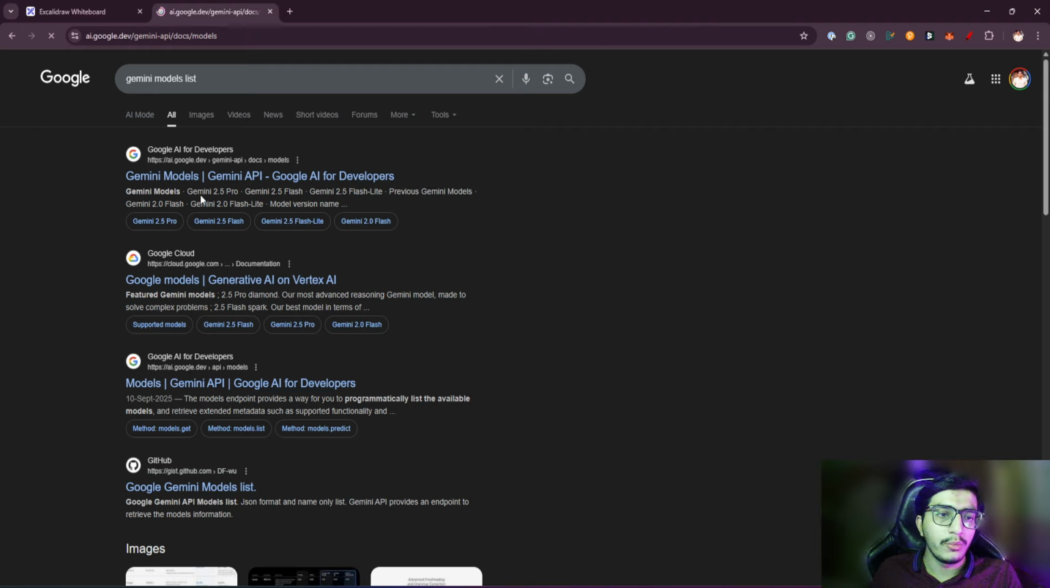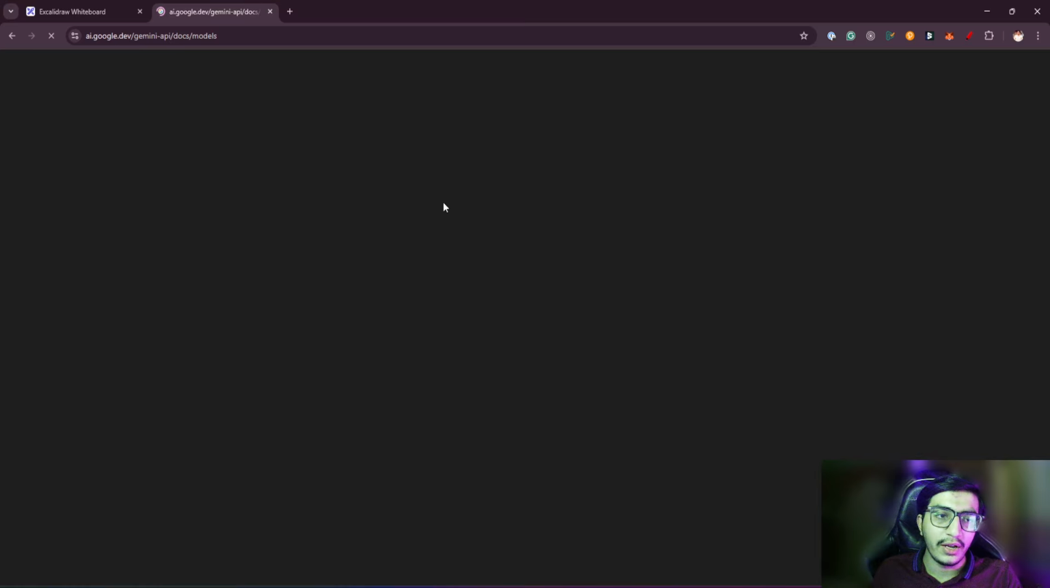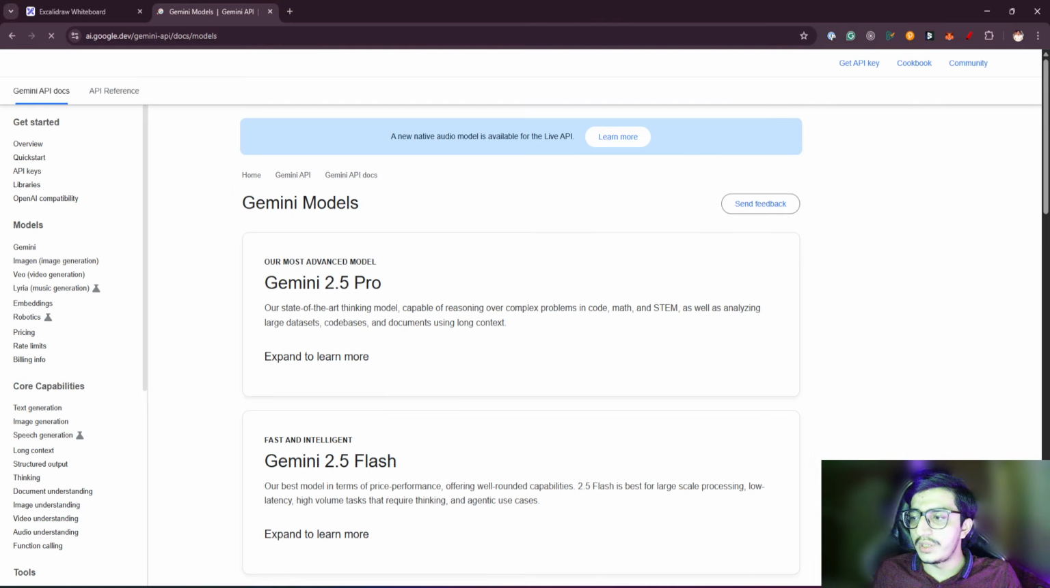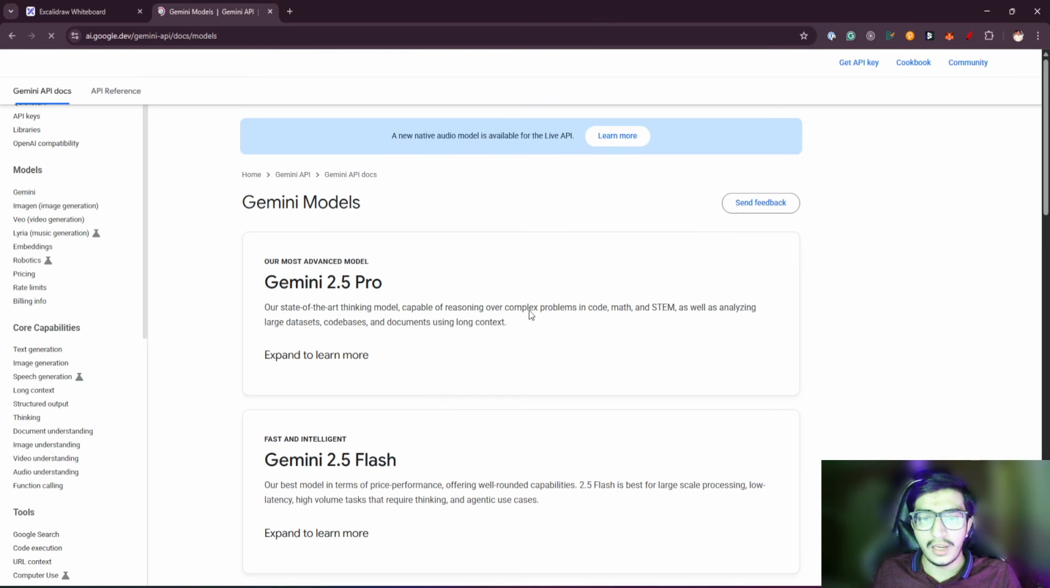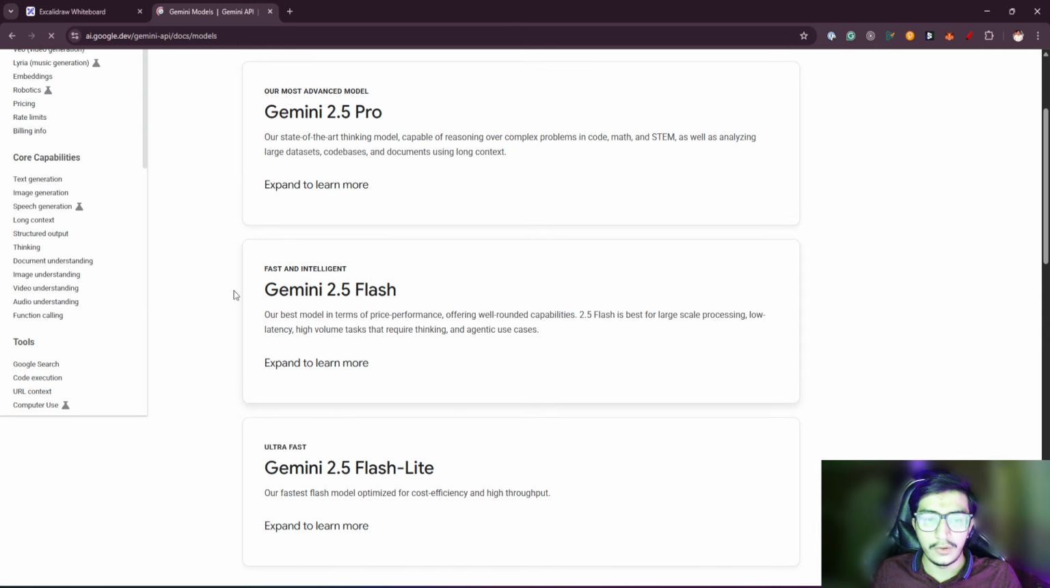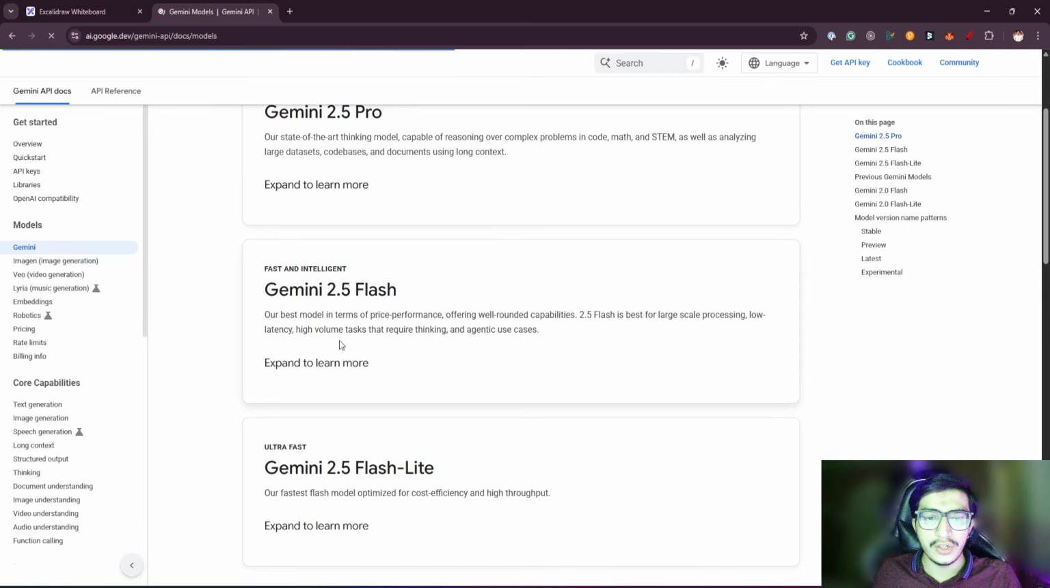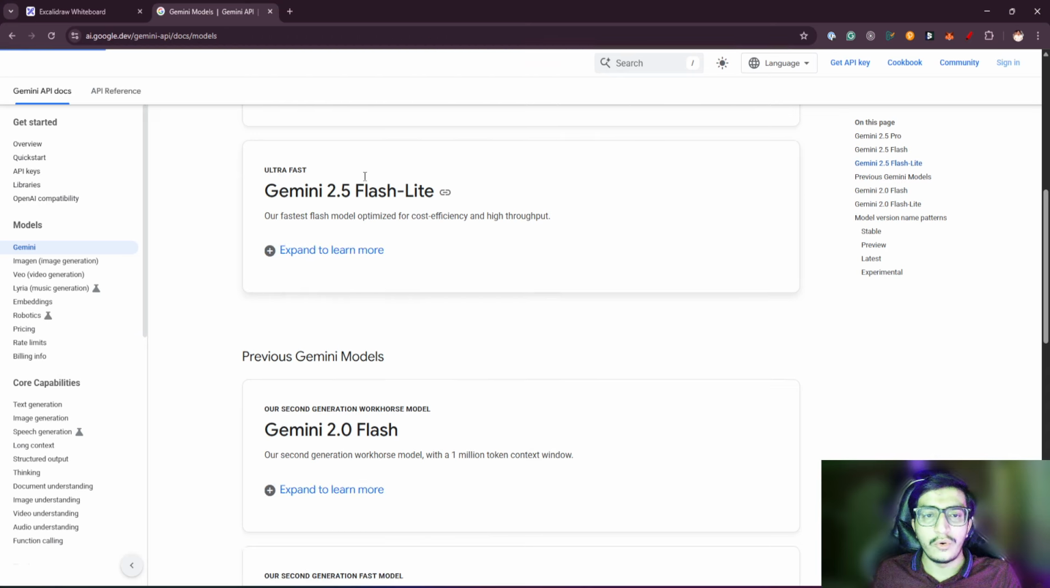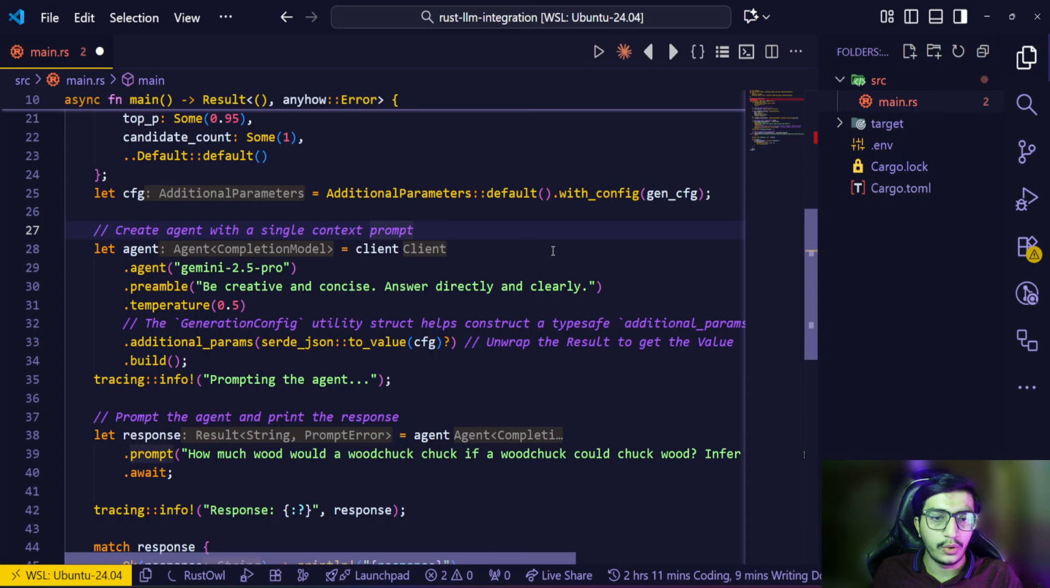So inside the Gemini models, we have Gemini 2.5 Pro to 2.5 Flash. So we will be using the Gemini 2.5 Flash. Here you can see Gemini 2.5 Flash, Gemini 2.5 Flashlight. Both will work fine. Let me just open the documentation here. So you can directly use the